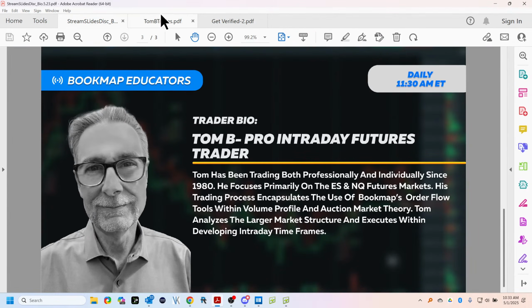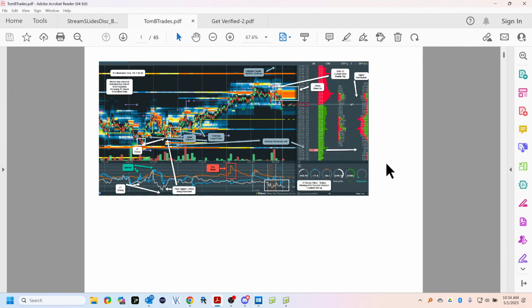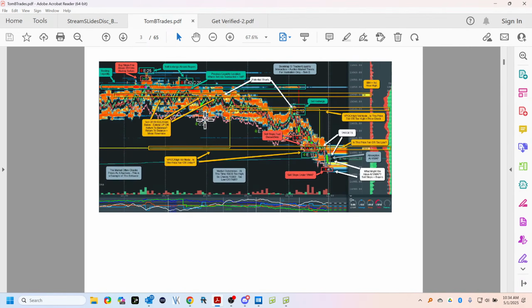The reason I do this stream, when Bookmap asked me to do it, was because I've done everything you've done, and unfortunately, much more. Almost 46 years of trading, both professionally and otherwise, you get to do a lot of stuff. So I've done it. I found out, unfortunately, after many, many years of Trader Groundhog Day, that I was developing a defective process, because I was always trying to squeeze certainty out of it and looking for confirmation, and yet I was not aligned with the actual business. We'll talk about that.